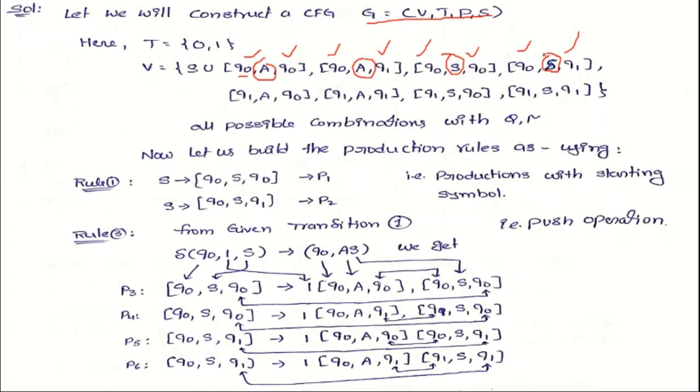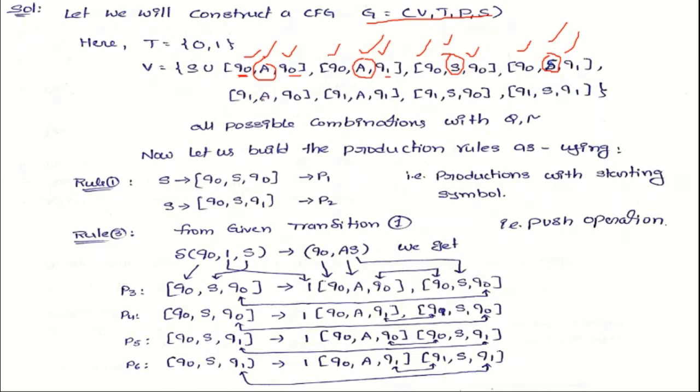So that means we will cover all stack alphabet and then all states from the initial state and then next state also. So that's why these are the combinations with Q naught. From Q naught combinations, next state is either Q naught or Q1. So that's why here we consider Q naught, here we consider Q1, and the stack alphabet is two alphabets, those are A and S. That's why we consider both. So here we assume A in these two situations. In these two situations we assume S is the stack symbol.